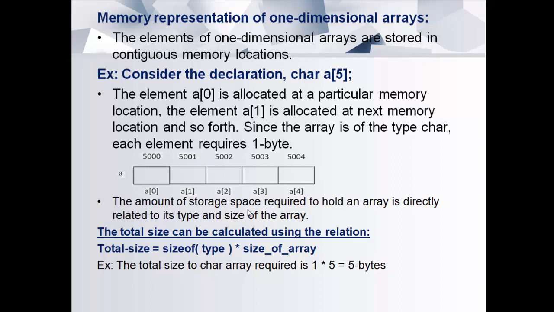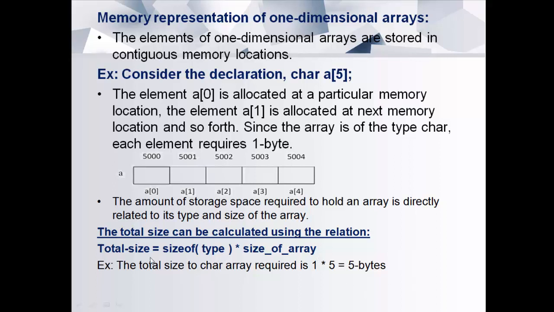The amount of storage space required to hold an array is directly related to its type and size. That means how much memory space is required for the array elements will be calculated using the data type and the array size. There is a formula to calculate the total size of an array, that is, how much memory is required. Total size is equal to sizeof(type), where sizeof is an operator and type is the data type used for the array,